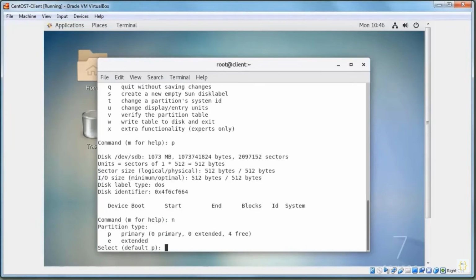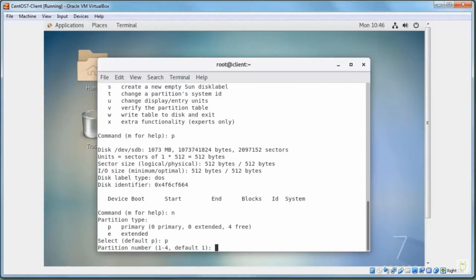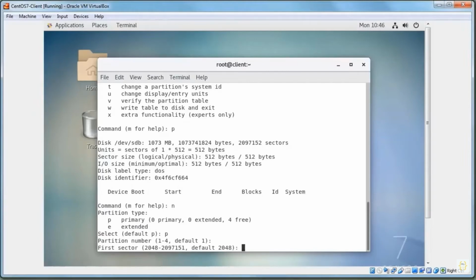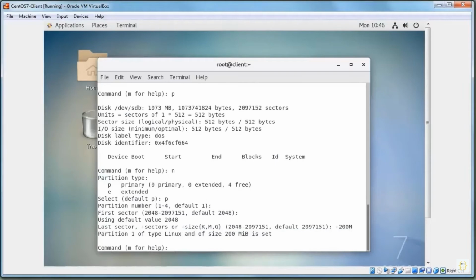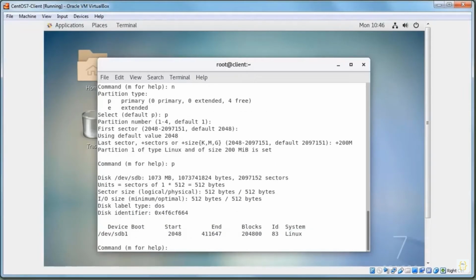I can decide what kind of partition it's going to be. And this one is going to be a primary partition. So P, partition number 1. And I can decide what my first sector is. I can just press enter here and decide how big this is. I have a full gigabyte to work with, so I will make this first one, let's make it 200 megabytes. So I can do +200M. It creates the partition. I can then use P to print my partition table, and I can see the type